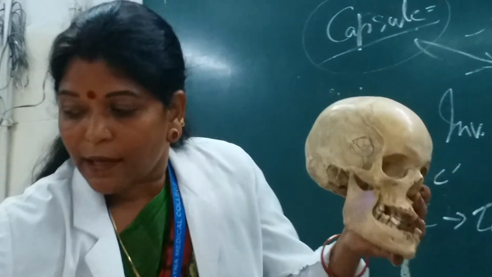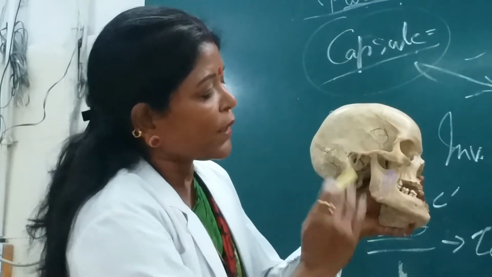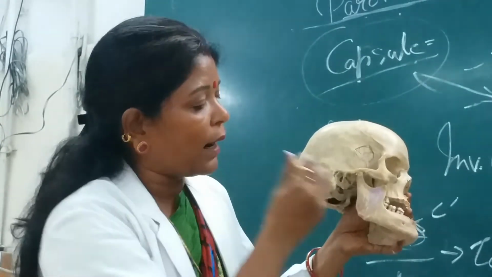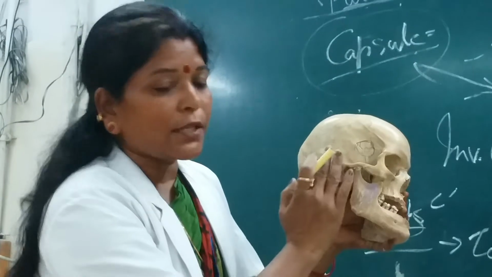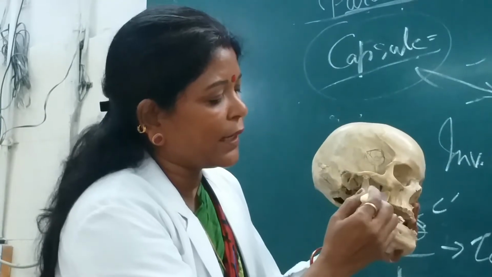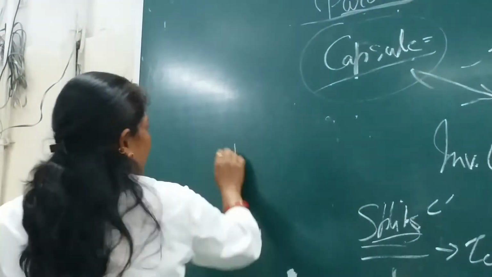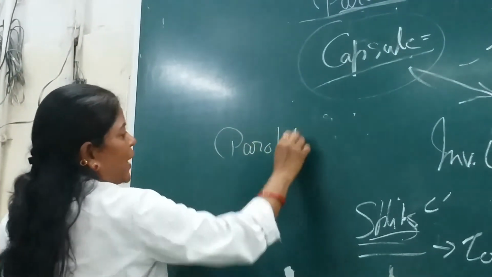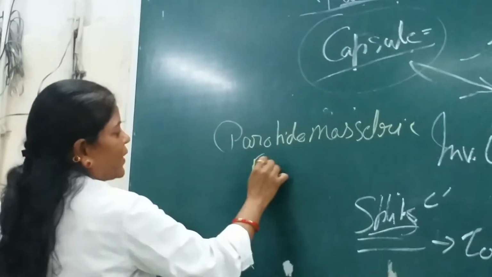What is there? There is the masseteric muscle, the anterior relation of this gland. So the superficial lamina of this parotid fascia above is attached to, what is this? This is the zygomatic arch. Above it is attached here, and this lamina is very thick and attached to the substance of the gland, and anteriorly it adheres with the endomysium of the masseter and forms a common fascia which is known as the, very important question, parotidomasseteric fascia. Sometimes you may be asked what is parotidomasseteric fascia.